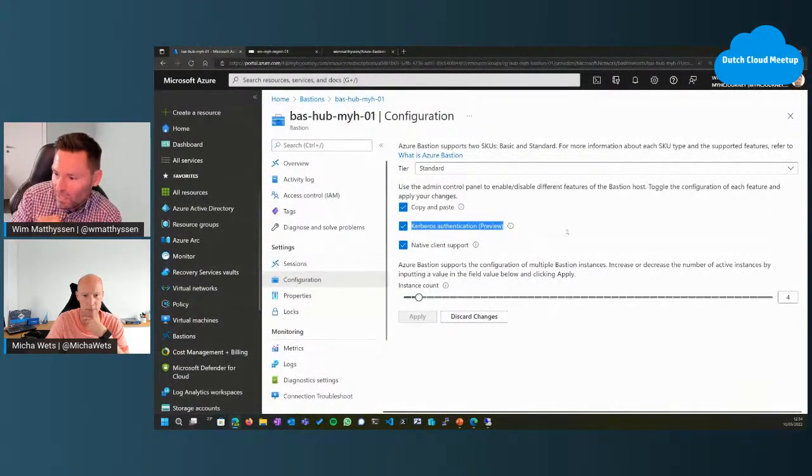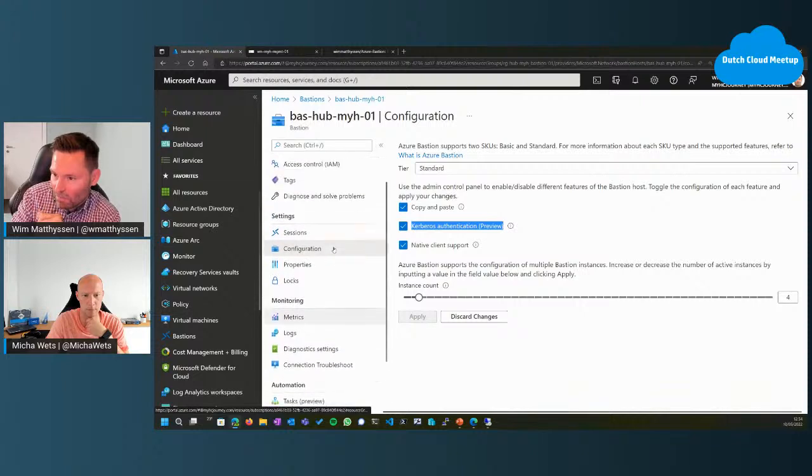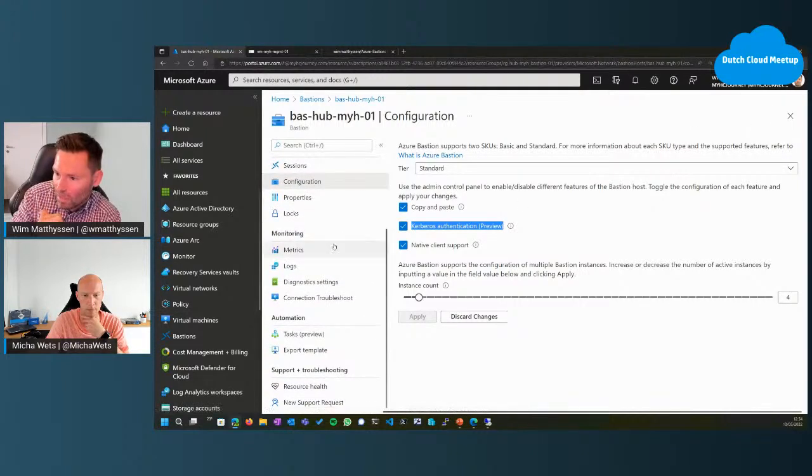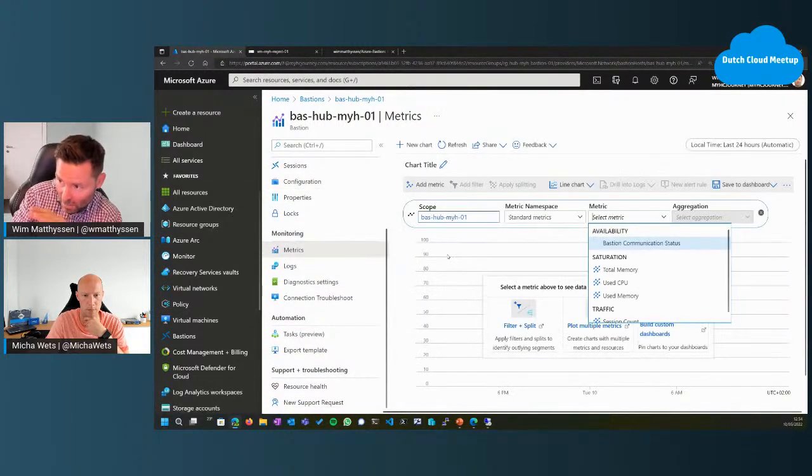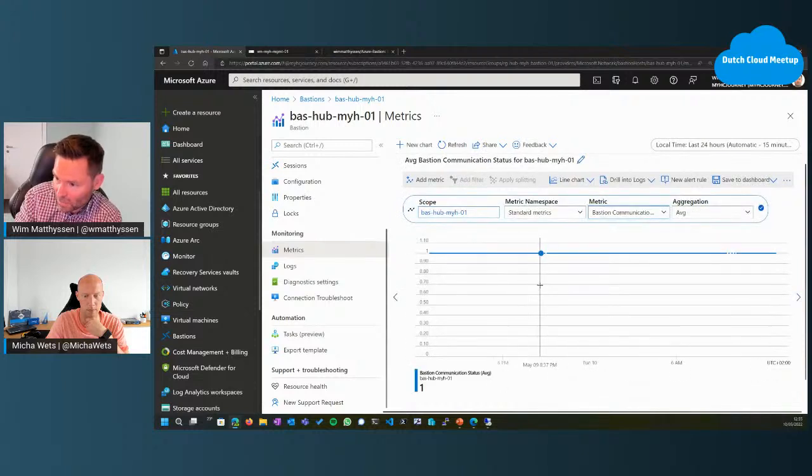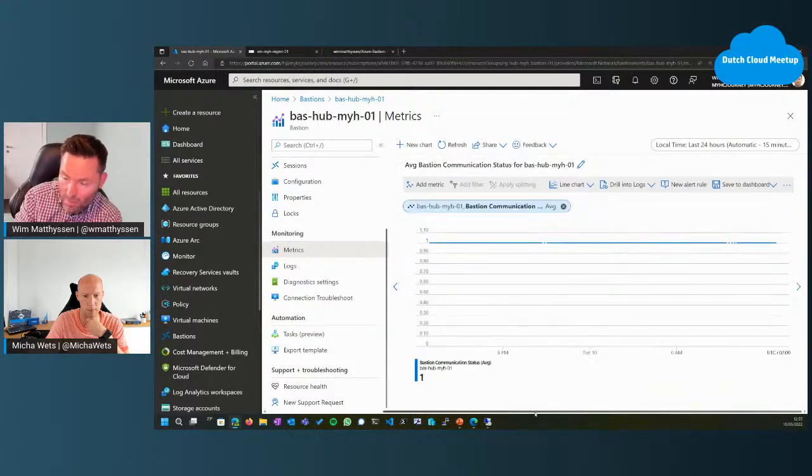So with that being said, is there something else we can mention? Maybe if you ever want to troubleshoot or monitor, you can also go to metrics. And if your Azure Bastion host is malfunctioning or doing strange, you can simply use the metric Bastion communication status. And if it's showing the number 1, your Azure Bastion host should be available in the back. If it's showing 0, there is a problem with the Bastion host, and maybe you need to open a ticket